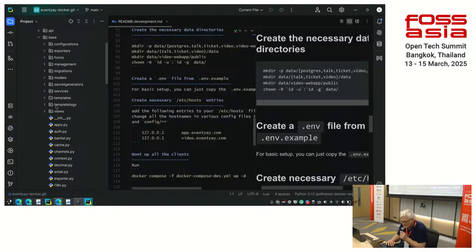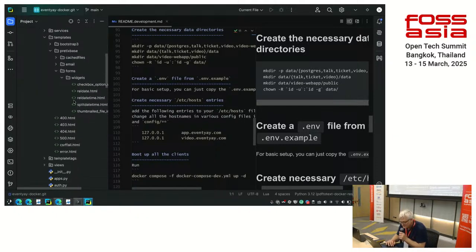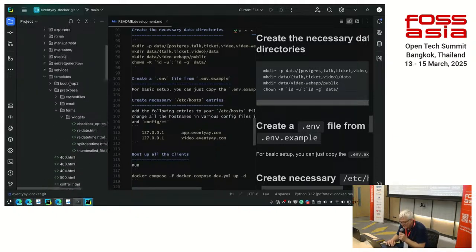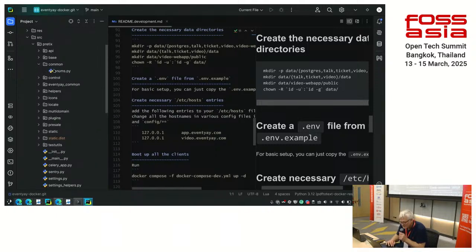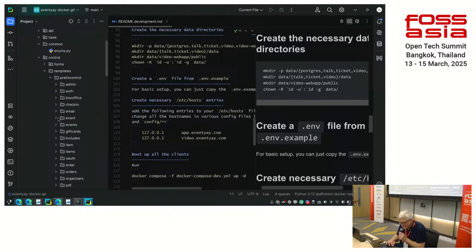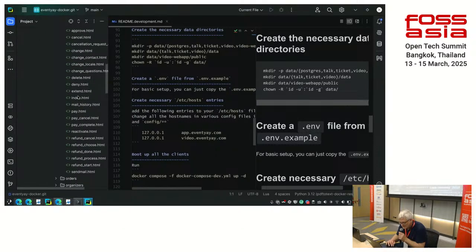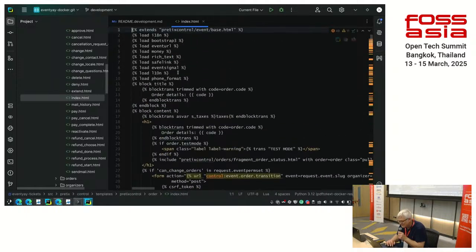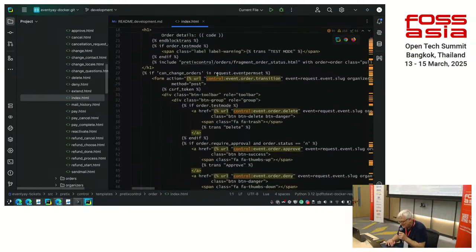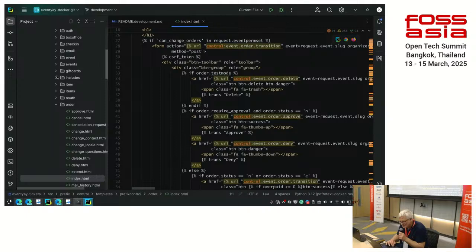Source, templates, control, templates, orders, index, order details. Yeah, so in principle, if you change something here in the templates or in the Python code, all this will automatically run in your